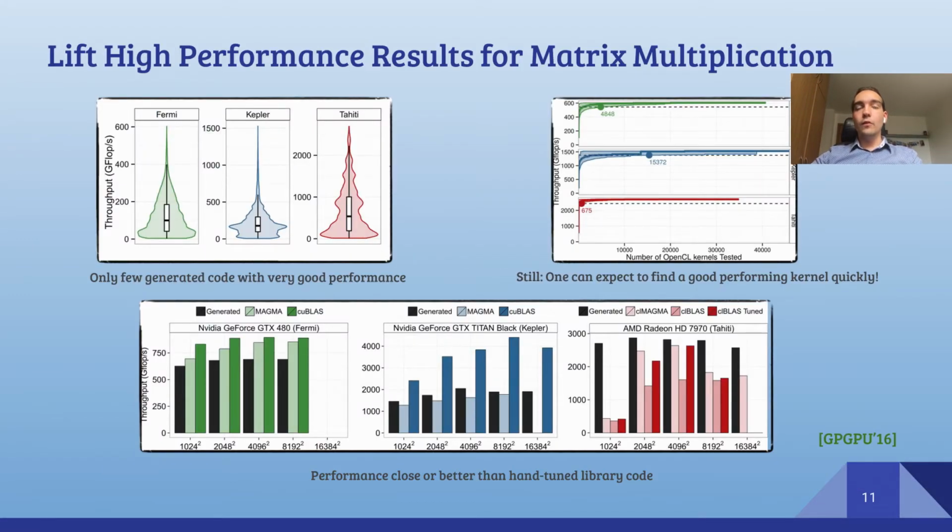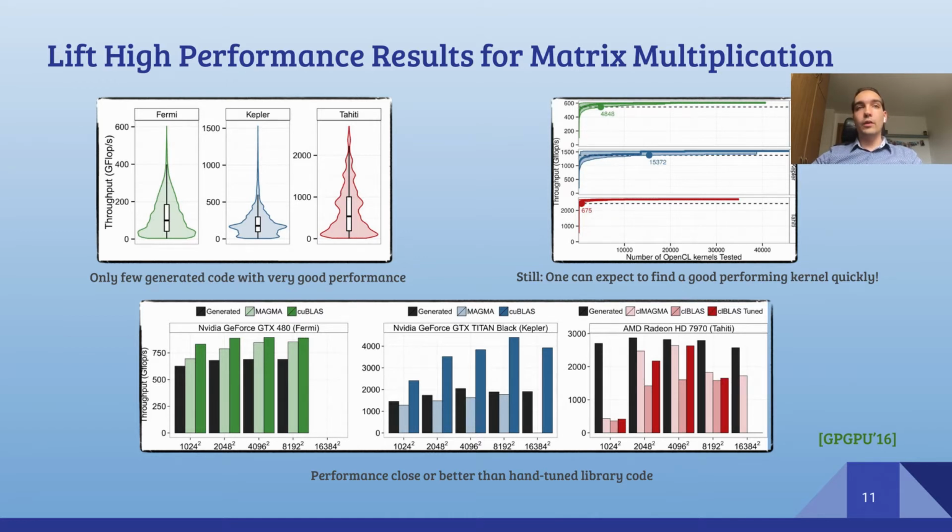And here we have some performance numbers for matrix multiplication, which were published at GPU 16. And in the top left figure, we see performance on the y-axis and the number of kernels that achieved this performance on the x-axis. And we see the graph is very thin on top, so this means only very few kernels reach very good performance. But in the right-hand figure, we see that we can still expect to find a good performing kernel quite quickly. And in the bottom figure, we see that the performance of the best performing kernel is close or even better